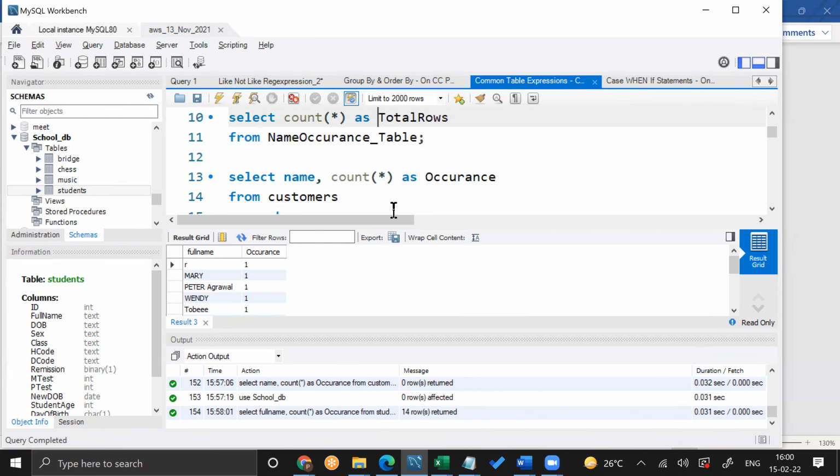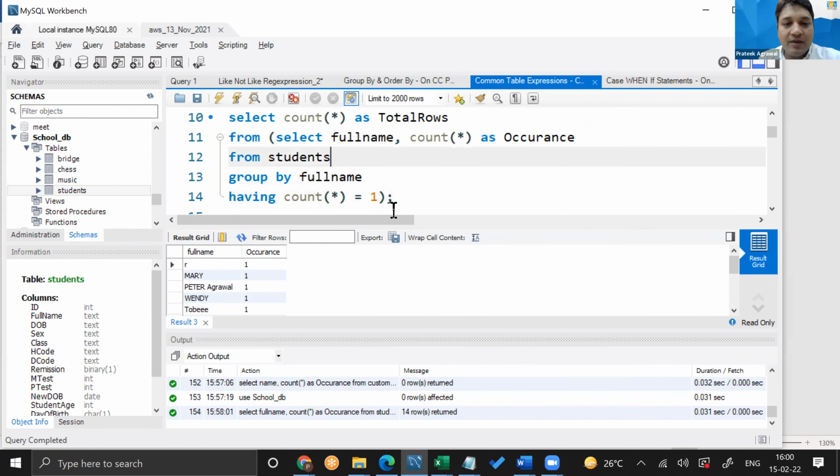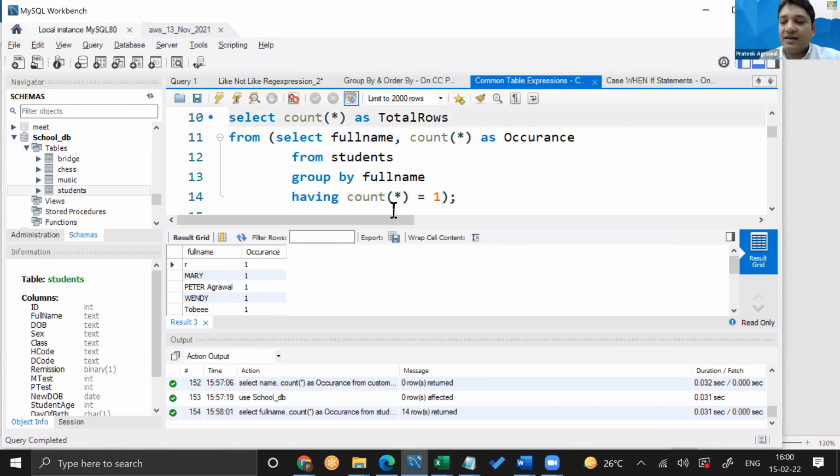Yes. Control C that. And what should I do with that query? I have copied that query. What should I do? So we have to create the name occurrence inner query. We put it where name occurrence underscore table is, we just replace that here. Do you see this, guys? Everybody? Make sense? Yes.